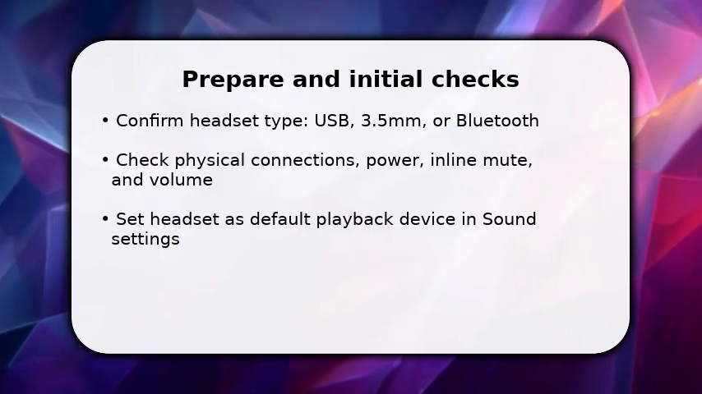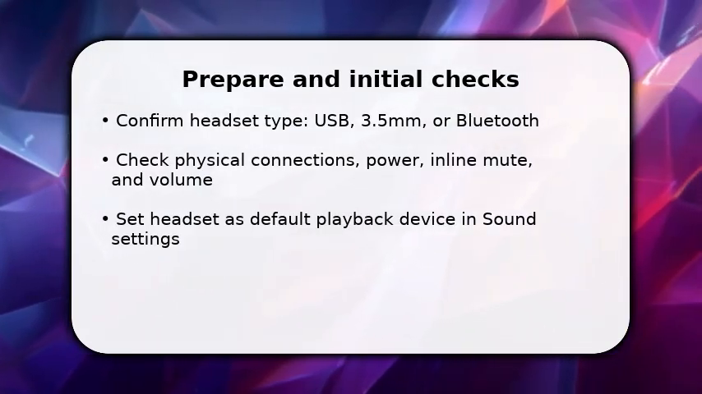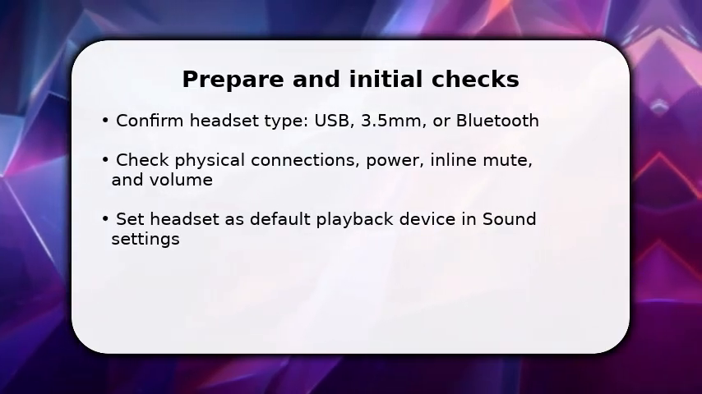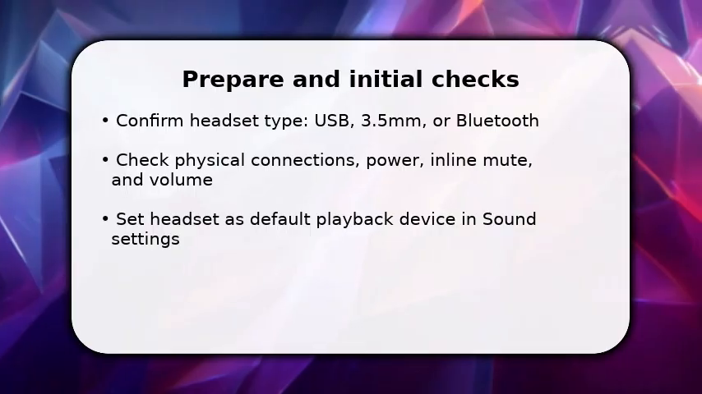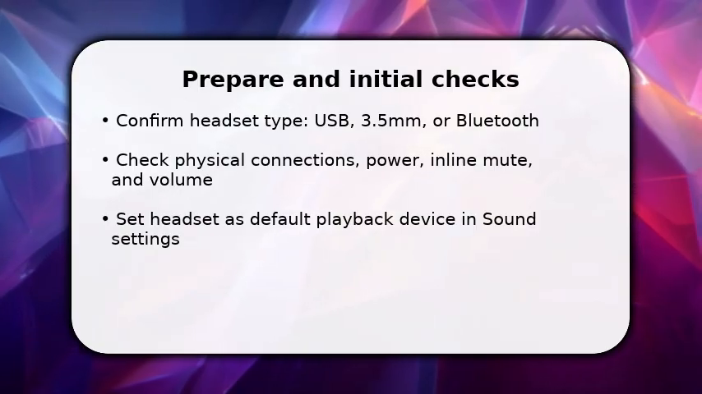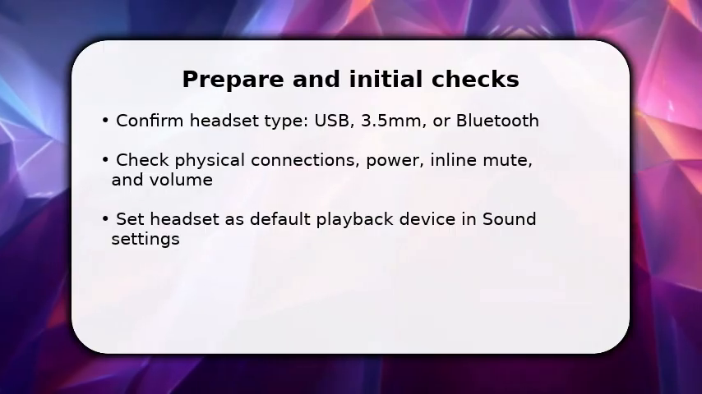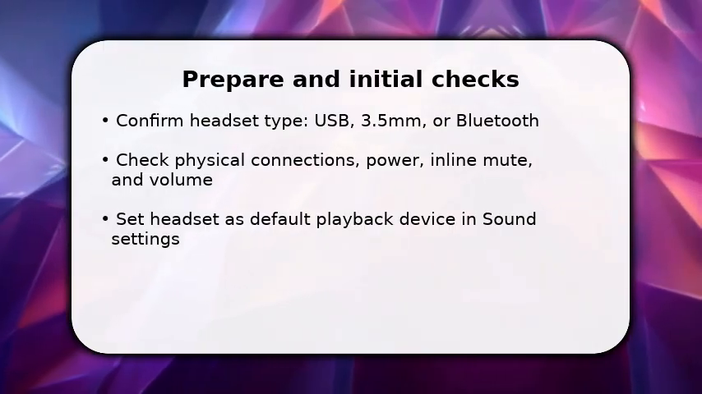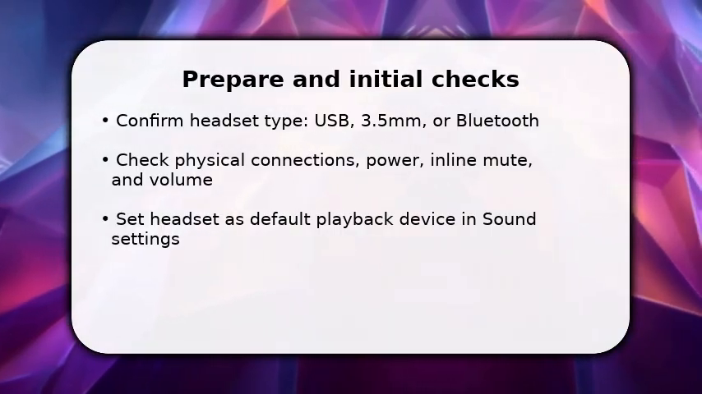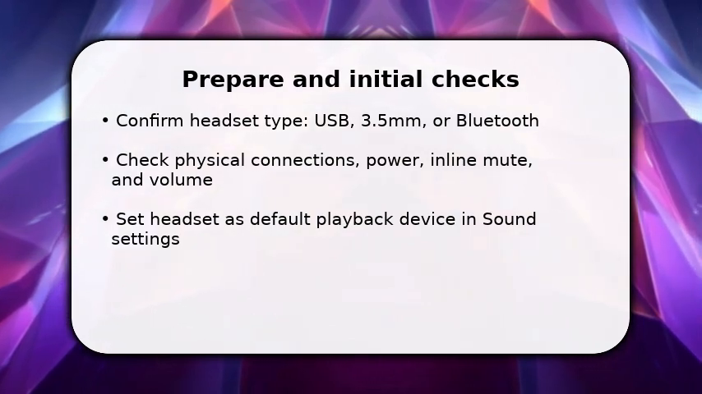You begin by identifying the headset: USB, 3.5mm jack, or Bluetooth, because each route needs different fixes. First, inspect the cable, connector, and any inline mute or volume controls. A loose plug or muted button explains many failures. Once done, plug into a known working port and check Windows or macOS sound output to set the headset as the default device. This ensures audio is routed correctly and avoids the common system playing through speakers instead of your